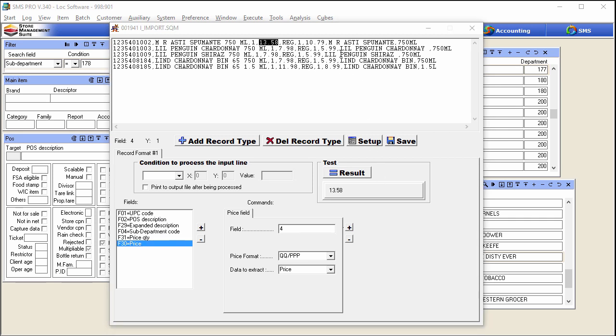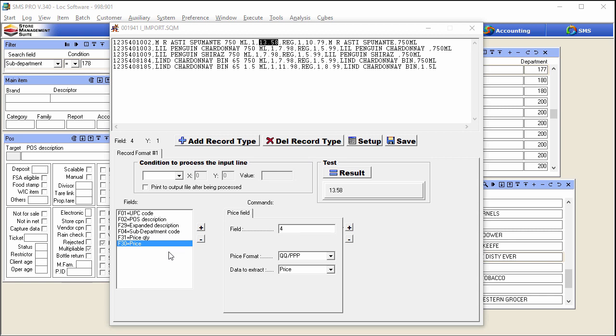So out of the data in our CSV that's not present in the template, what do we have? Well, we've got case size right here, 1. We've got cost right here, 1079, and then we got size way out here, 750 milliliters in this case. We're going to go ahead and add those, but there's a couple other pieces that we're going to add to